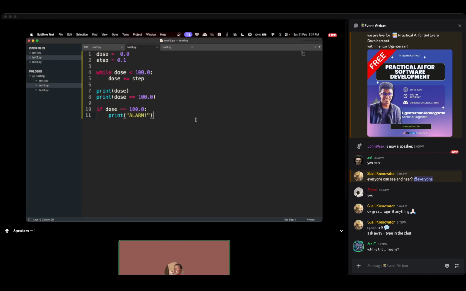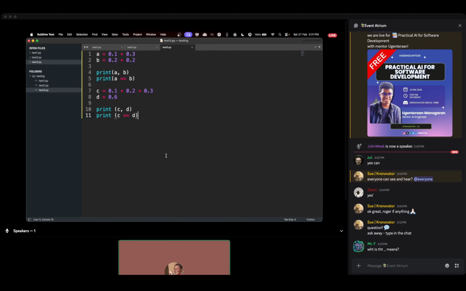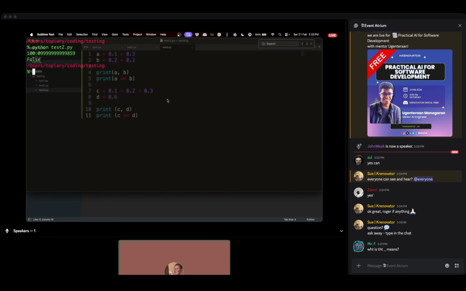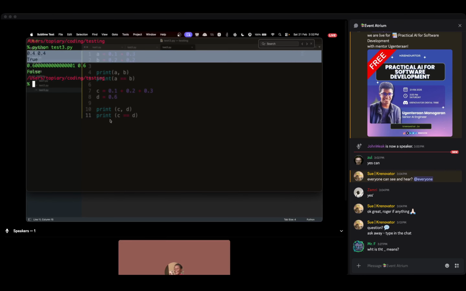And then we have the third one. Okay, this one is one of my favorites as well. It looks very straightforward. See, 0.1 plus 0.3 and then 0.2 plus 0.2. So this should be 0.4, 0.4, and both of them should be true. And then we have this one, 0.1 plus 0.2 plus 0.3, which should equal 0.6, and both of them should be 0.6, 0.6, and this should be true also. Now let's see what happens. There you go. So the first one becomes true, but the second one goes false,